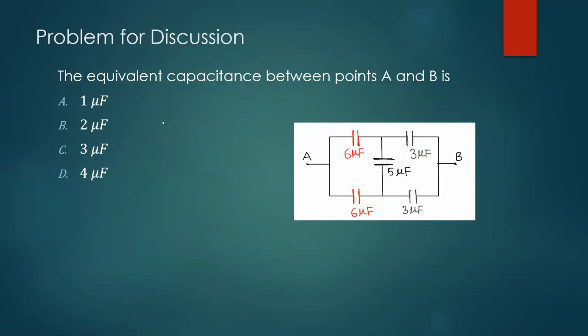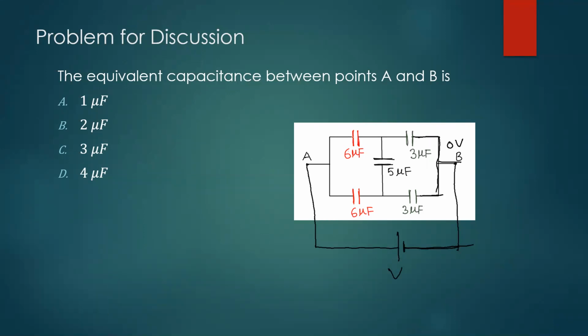Okay, so try this problem. You must be knowing about Wheatstone bridge, right? So this is a balanced Wheatstone bridge where the middle capacitor is of no use. Okay, so how do we understand that? If I attach a battery across A and B, suppose. So to the right side, everything will be at negative potential, or maybe I can just say that is 0 volts, suppose. V is the battery. And the right hand side, everything will be positive potential. So let's say that is V.